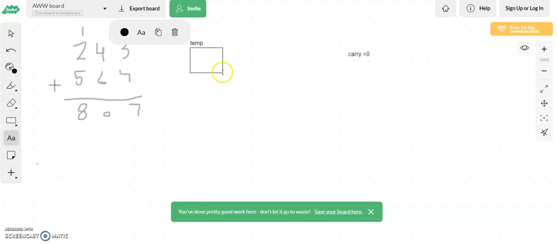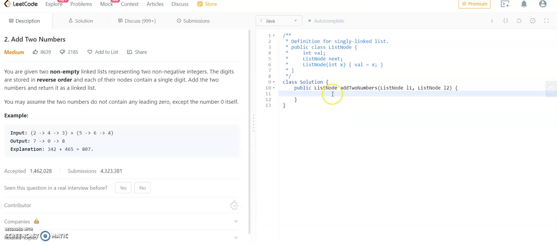This is temp, and put any value in it, it doesn't matter. So let's create here, it will be ListNode temp equal to new ListNode and add the value 0.